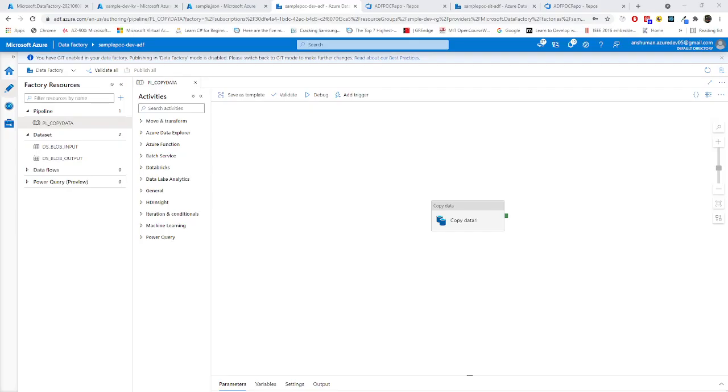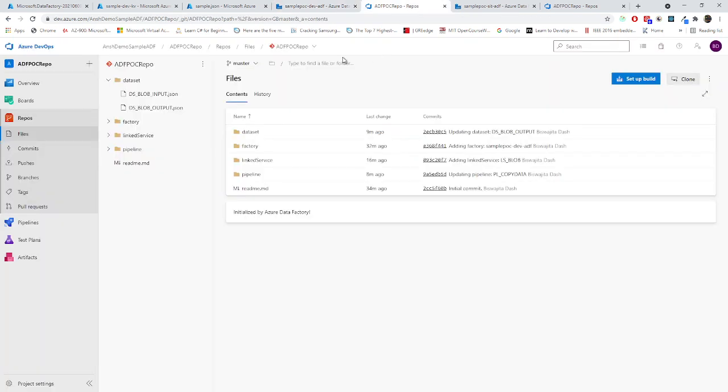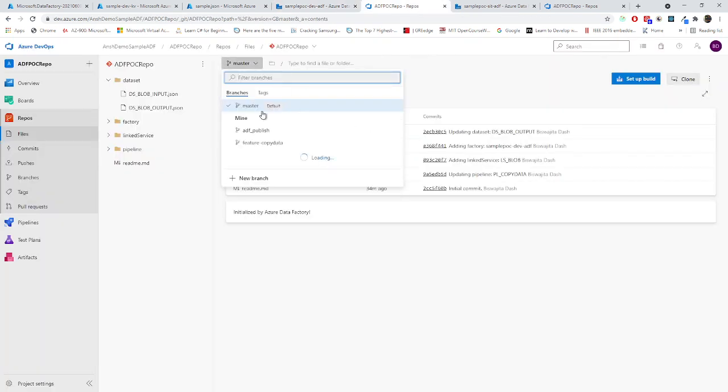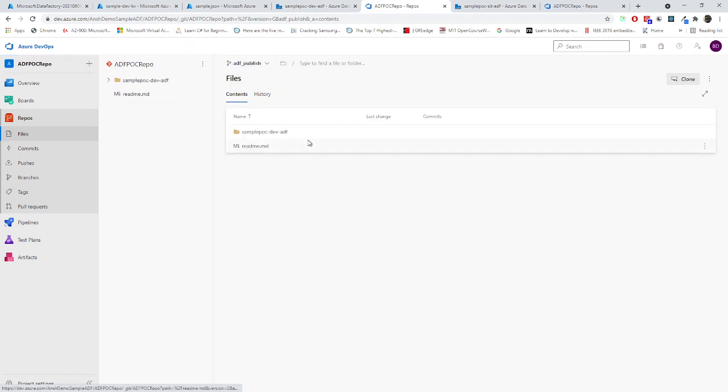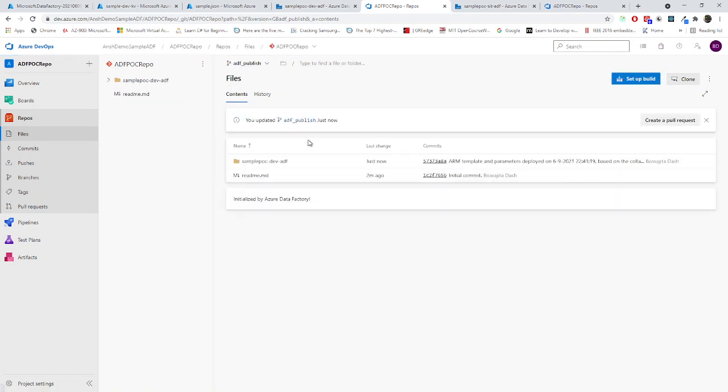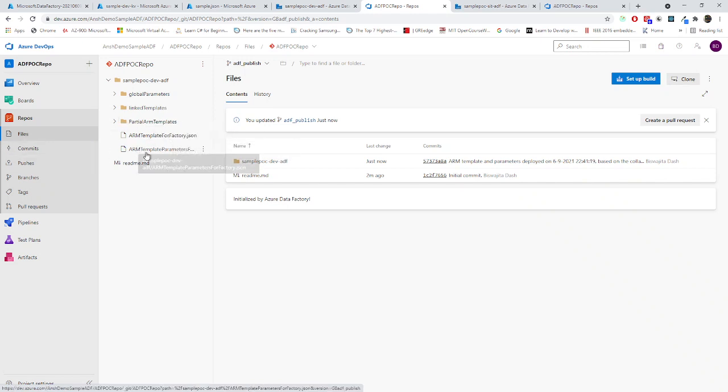Now if I go to my repo, the ADF POC repo, you should see an ADF publish branch. This branch should contain all the ARM files which have to be deployed in different environments. If I select it over here, you can see the global parameters, the linked templates, the partial ARM templates, the ARM template parameters, all these things.